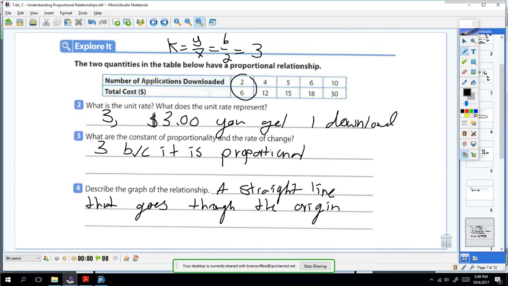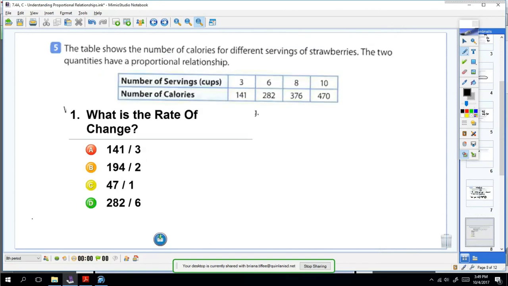All right, let's move on to the next problem. The table shows the number of calories for different servings of strawberries. The two quantities have a proportional relationship. So what's the rate of change? You're going to find your constant rate of change, which is k equals y over x. So this is your x